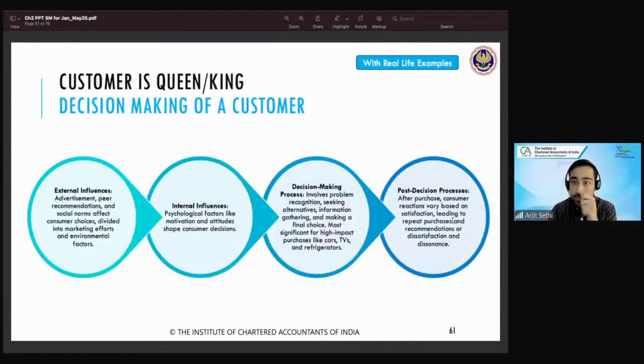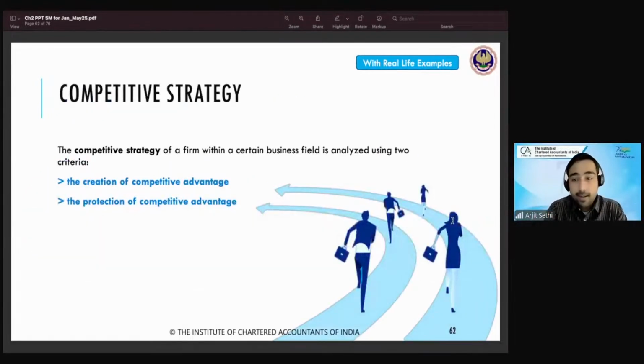That's where the consumer becomes so important. That's what happens when you want to build a value chain analysis. It's about revolving around product, the experience that the customer will have, because customer decision making is a full cycle. External influence, internal decision making, purchase, and it becomes an external influence for somebody else.